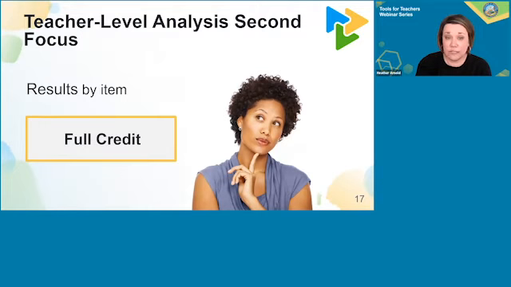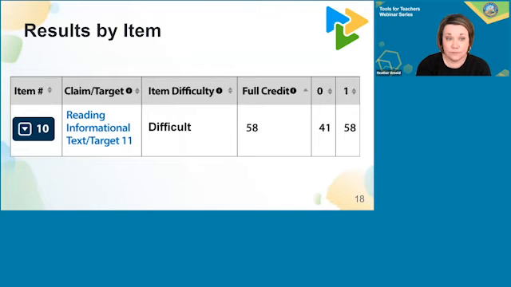The second focus for teacher level analysis is to understand the data using results by item full credit. In CERS, there is another type of view I can use as a teacher. I can move into analysis of the results by item. This view allows for teachers to begin determining and recording trends. In AESD, we use the full credit toggle to determine which items students experience the greatest difficulty. Teacher teams use this data in several ways.